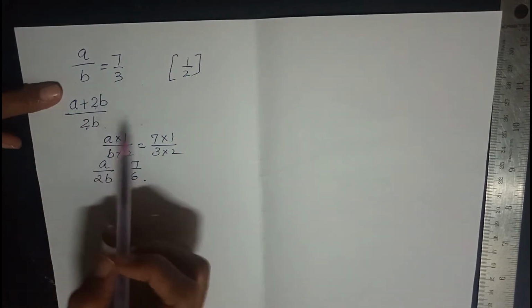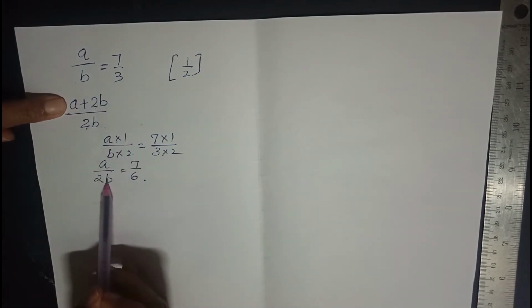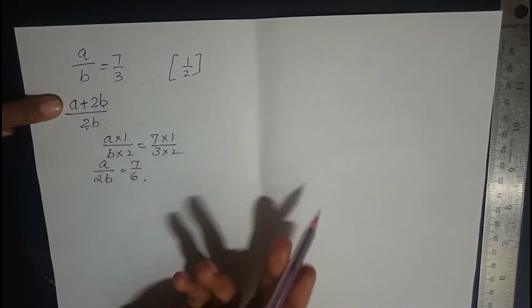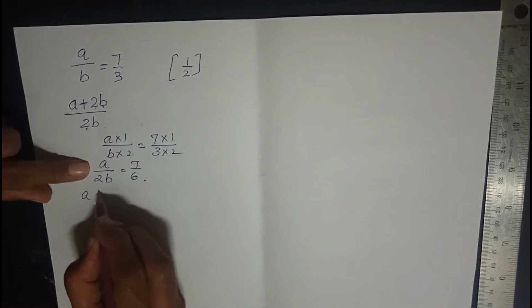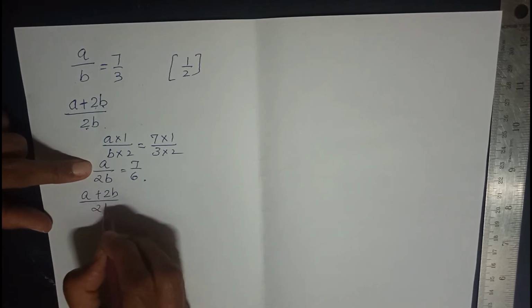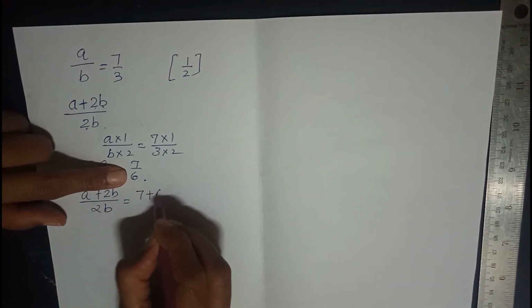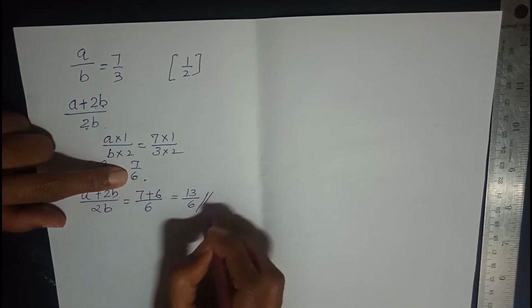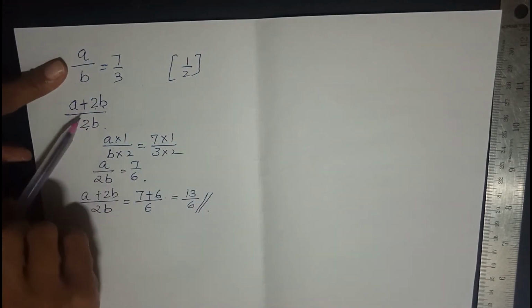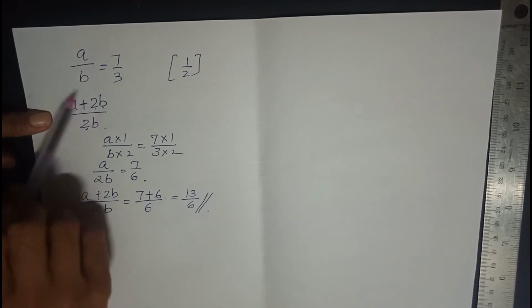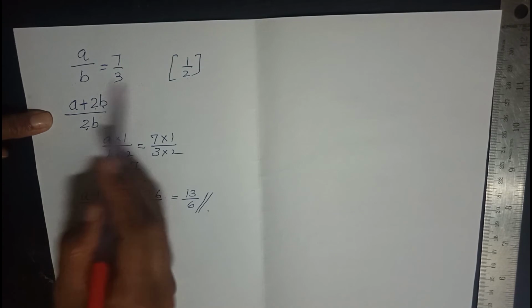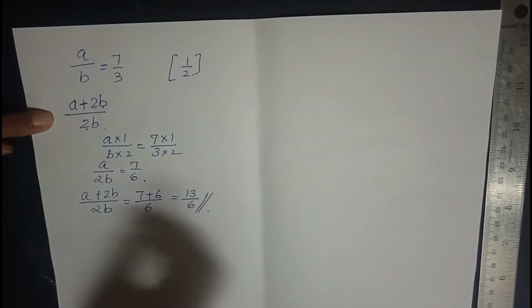Now you see we got the ratio that we want, a and 2b. So now with a plus sign, that is numerator plus denominator, that is nothing but componendo. So doing componendo here, we can add the denominator. What we get is 7 plus 6 is 13 upon 6. So if the ratio is not in the given form as we want, you can multiply the given ratio with any number on both the sides so that we get the answer.